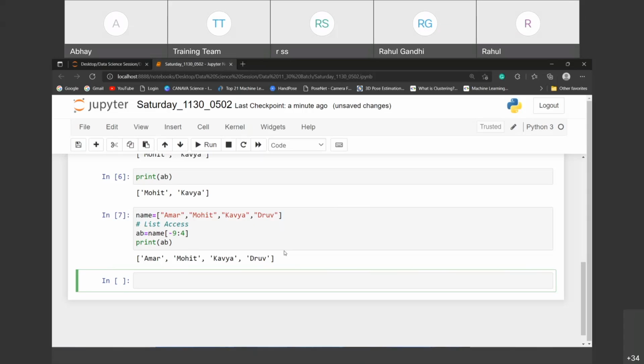Always think about the way you are presenting your list. Accessing is important, but your indexing points matter too: the positive indexing, negative indexing, and if you are using mixed, positive and negative, you also have to think about it. Now, if I want to add,